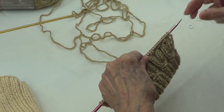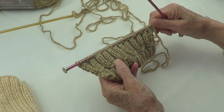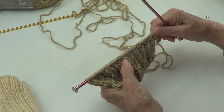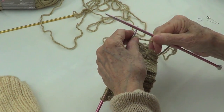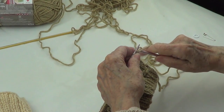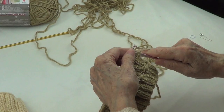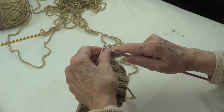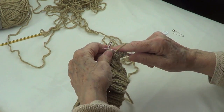So let's do this stitch because the wrapping is every 8 rows. So we have them right here, and then we need to do the wrapping here, but it needs to be alternated. So let's do that. And what I have here is that I am going to purl 2 and then knit 2 and then purl 2